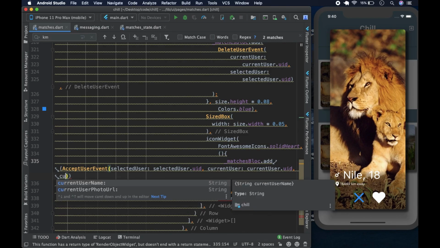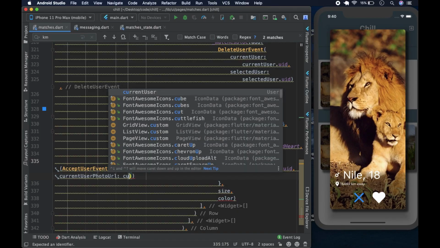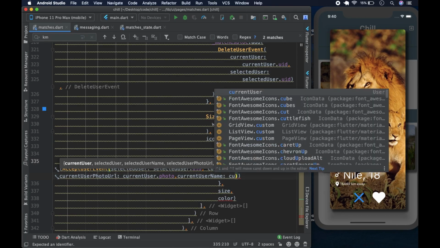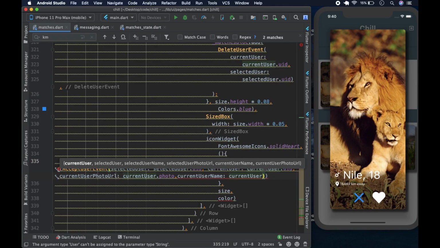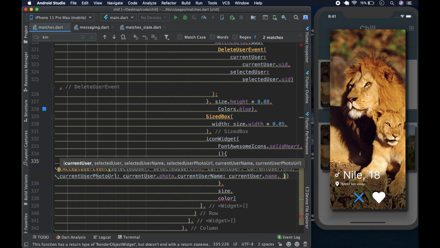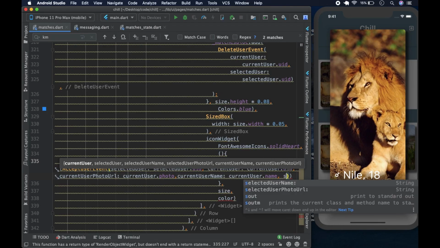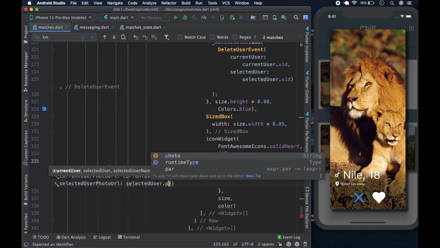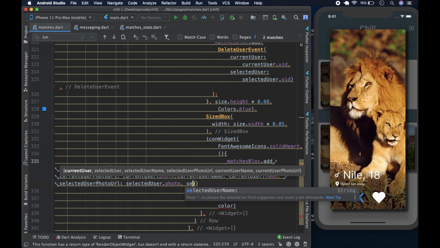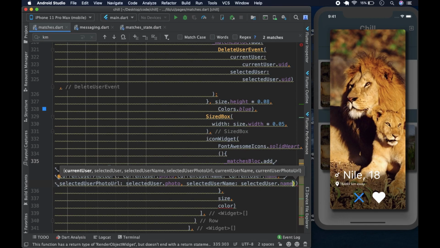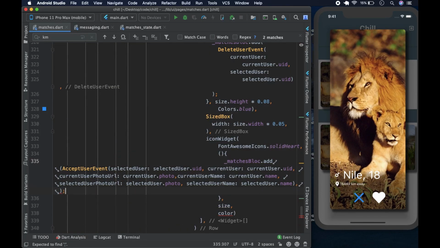The current user photo URL is going to be currentUser.photo, like so. Current username is going to be currentUser.name, like so. Selected photo URL is going to be selectedUser.photo, and selected username is going to be selectedUser.name. Okay, like so, and we can put a comma here and a semicolon here like so, and the size is